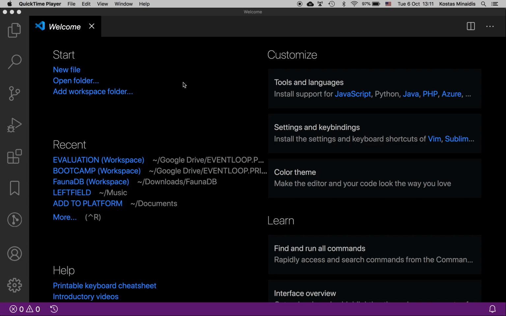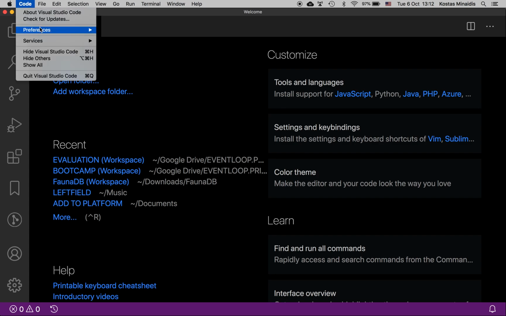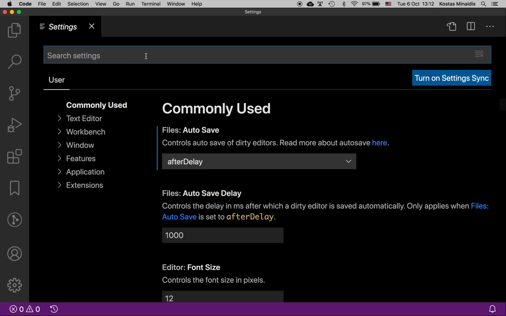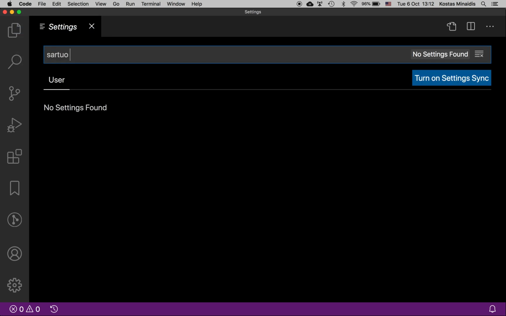So by default, when we launch VS Code, we get this welcome screen, which can come in handy on some occasions, but after a while it starts to feel a little bit distracting. We really want to start from a blank page or just load our projects. So the first thing I'm going to do is disable this welcome screen, and for that I'm going to go to the preferences and settings page of VS Code, and I'm going to search for startup